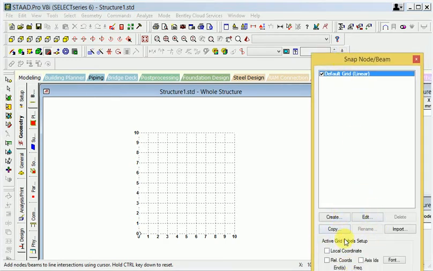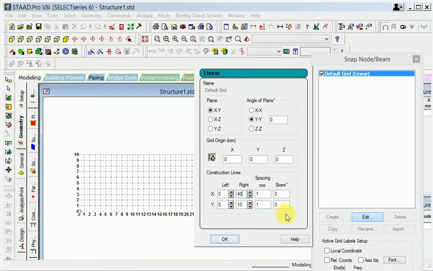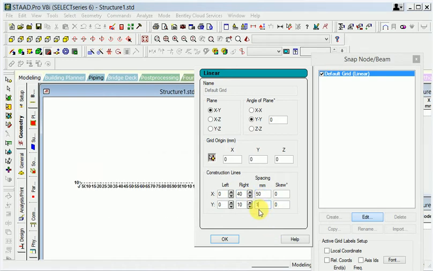So here this is the grid right now. If I edit this grid, here, see this, I will change 40 and right now this is 50. So see here 50 and 40.